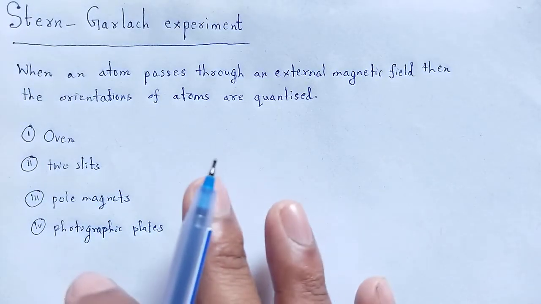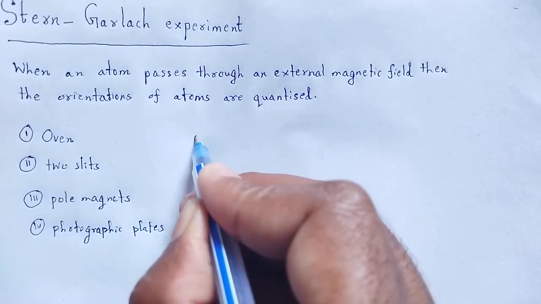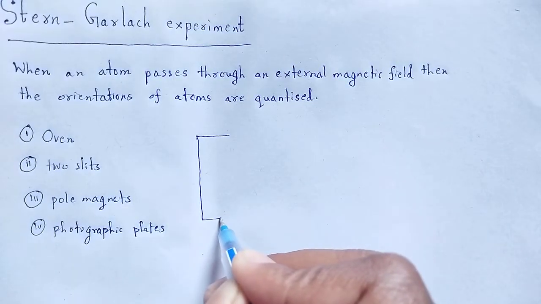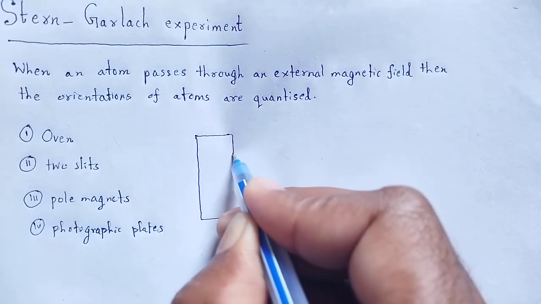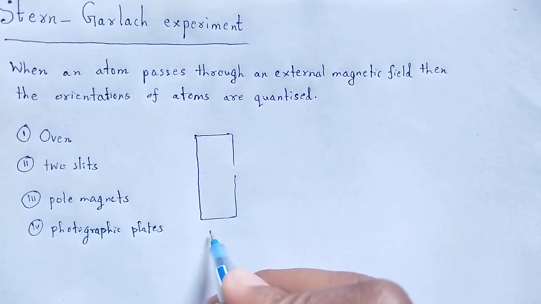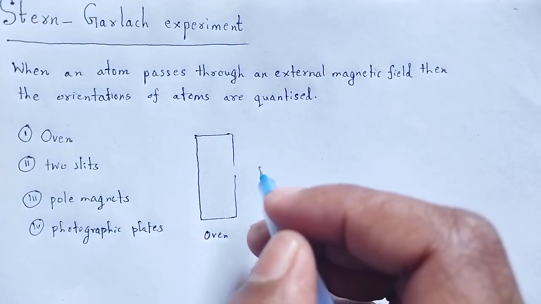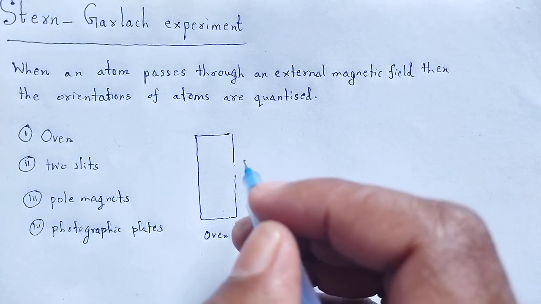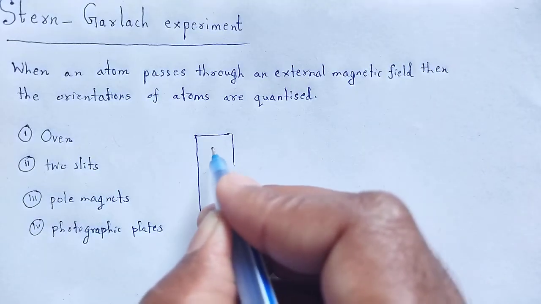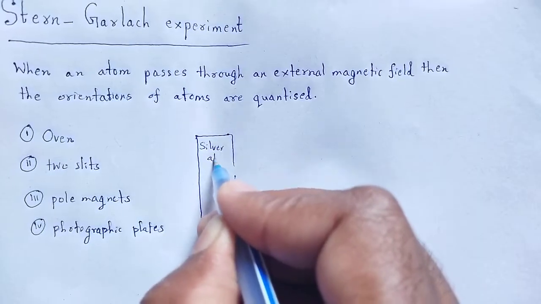What is the arrangement? Taking this as the oven, this is the oven in which we take silver atoms